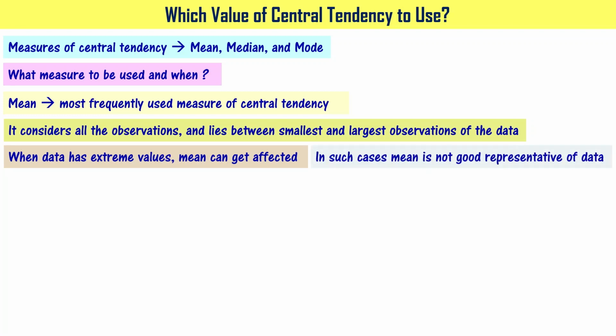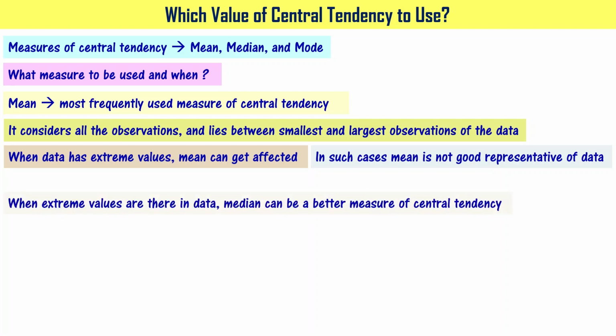In such cases, mean is not a good representative of the data, right? Because your average attendance percentage of the class is going to be something like 75 or something like that. It's not a good representation, right? The good representation has to be something which talks about the majority of the people, how they are performing or how they are attending, right?